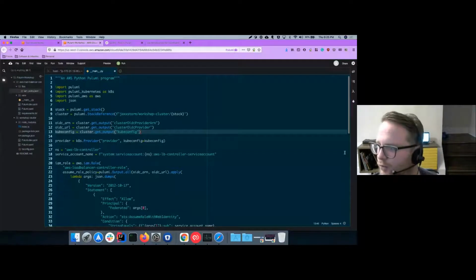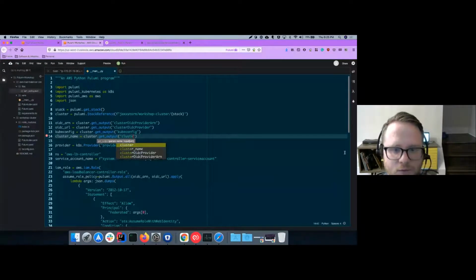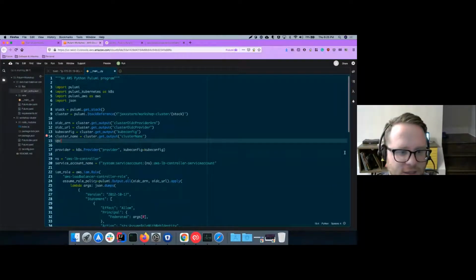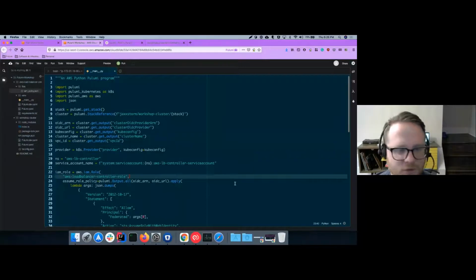So I'm going to grab a couple more outputs from our original program. I'm going to do cluster name equals cluster.get output cluster name from the first stack. And then I'm going to grab the VPC ID equals cluster.get output VPC ID. Okay, there we go. So we grabbed a couple more outputs there, and now I can pass those outputs to